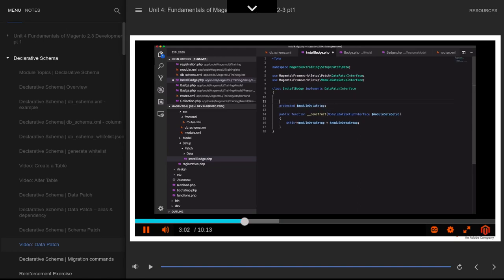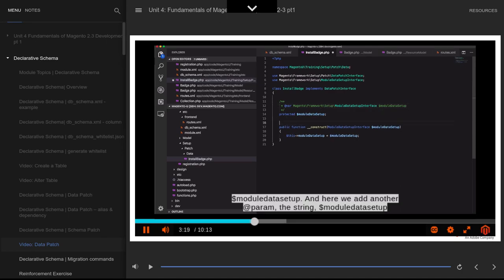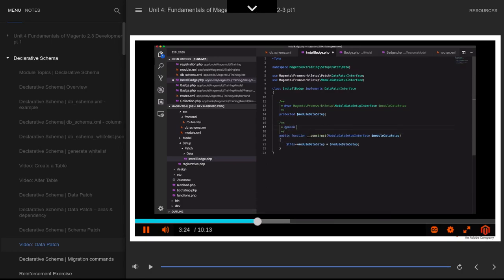Setup. This would be variable, Magento interface, like this. And here we add another doc block, param module data setup. Okay, so